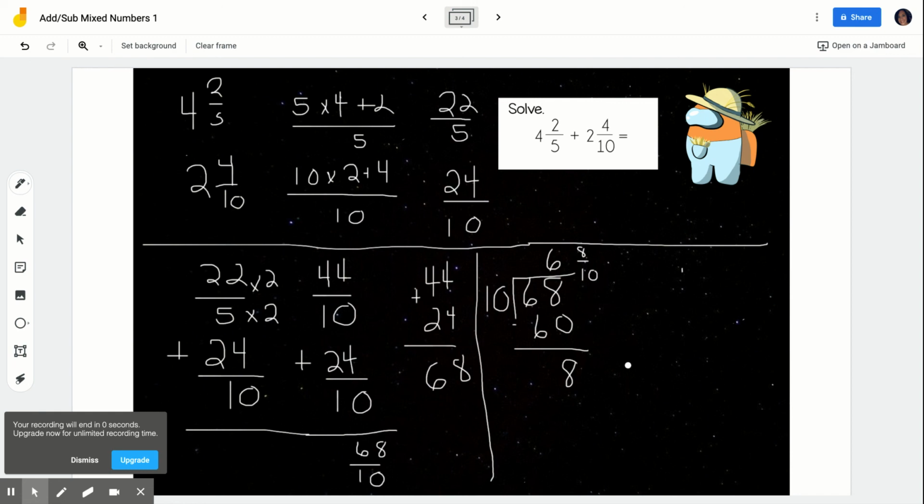My last step here is going to be to simplify. The strategy that we've been using, 5th grade prefers, is to look at my fraction and see if I can divide both numerator and denominator by 2, 3, 5, or 7. This doesn't always work, but in 5th grade, our numbers are low enough that if you choose that strategy, you'll be okay. So we have 6 and 8 tenths. I'm going to look at these numbers here, 2, 3, 5, and 7, and ask myself, can I divide the fraction, not the mixed number, the fraction by 2? We'll start there. Yes, I can divide 8 by 2. So 8 divided by 2 is